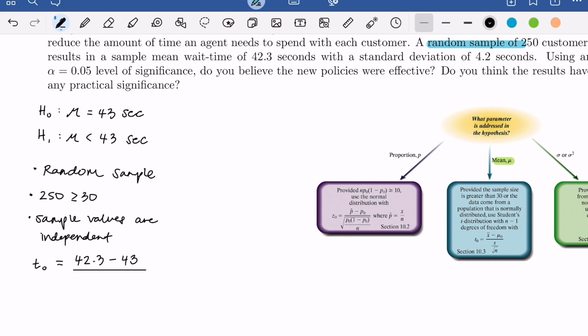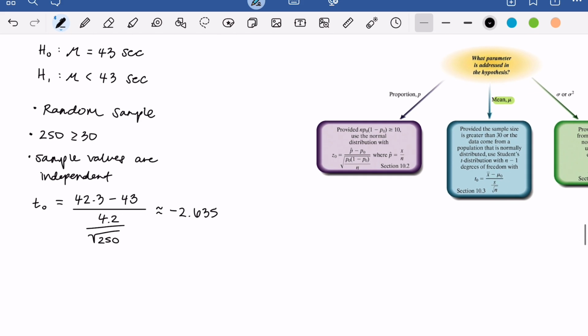And our denominator is going to be our sample standard deviation divided by the square root of our sample size. So plugging this into our calculator, we're going to get that our test statistic is approximately negative 2.635. Now, this test statistic follows a t-distribution with degrees of freedom